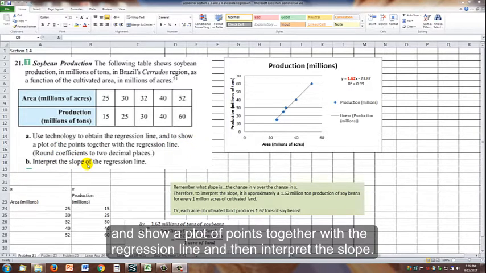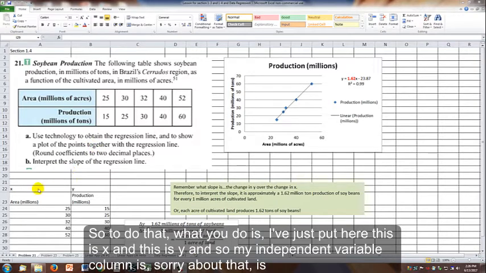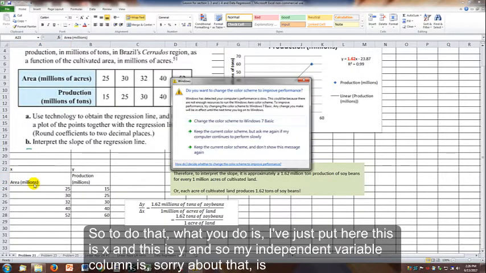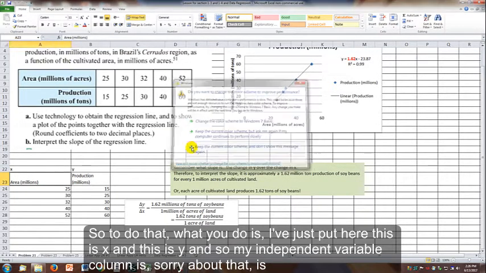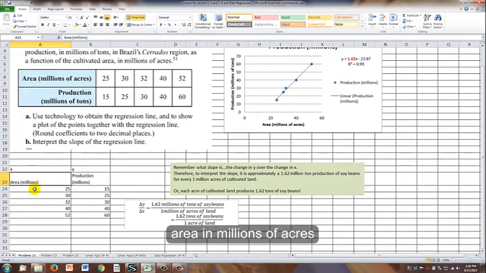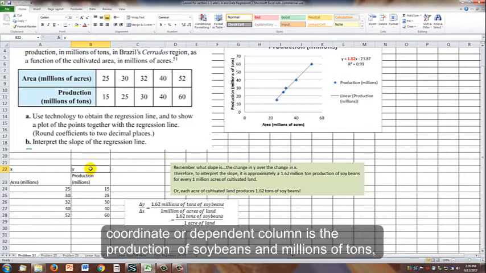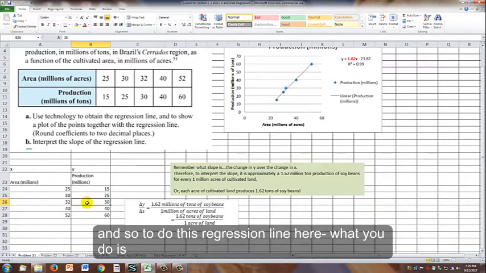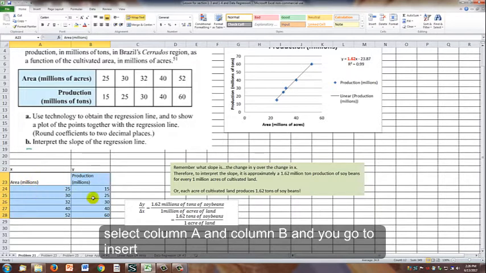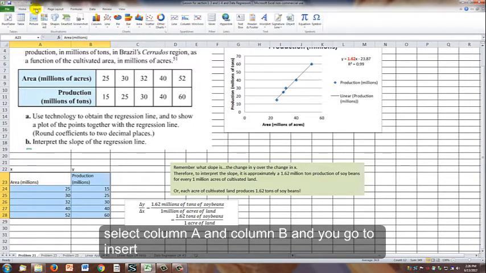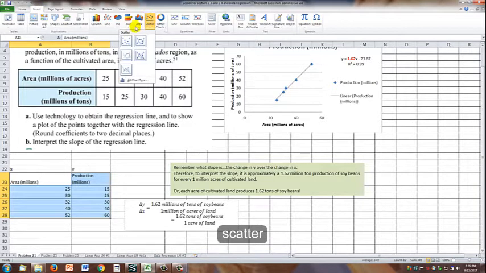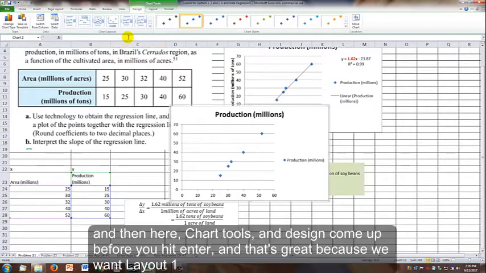then interpret the slope. So to do that, what you do is, I've just put here, this is x and this is y, and so my independent variable column is area in millions of acres, and the y coordinate or dependent column is the production of soybeans in millions of tons. And so to do this regression line here, what you do is you select column A and column B, and you go to Insert, Scatter, Scatter with markers only, and then here Chart Tools and Design come up before you hit Enter, and that's